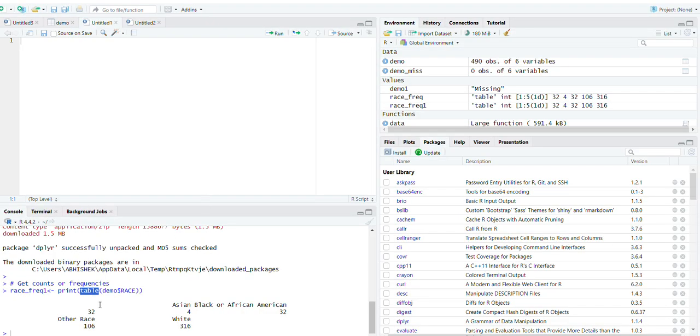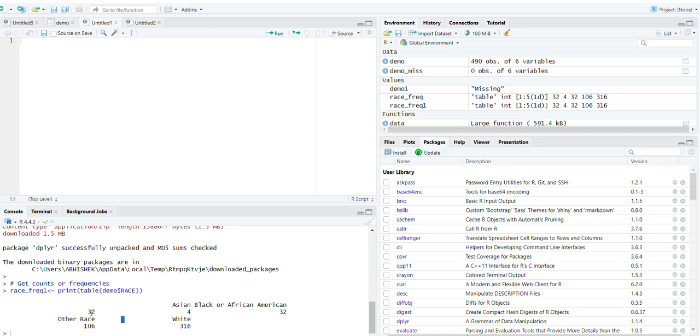We have table here that is the keyword, and then you use the dataset name and the variable name or the column name. So demo is the dataset and race is the column, and you're getting the counts for that, and that is stored in race_freq1, and you're getting the same counts as you got in other programming languages. So we have seen how to get the counts in SAS, SQL,